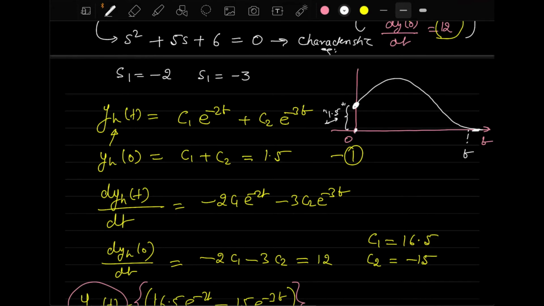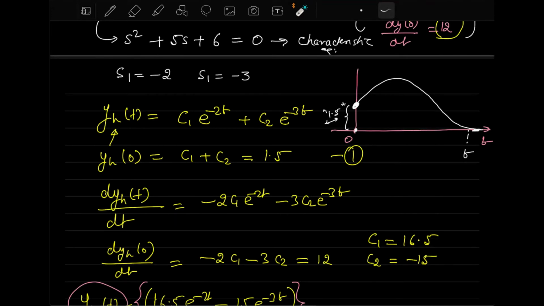First observation is that the natural response will always die down after some time t. It will not remain there. It will die down and become 0 after a while. And the second thing is, if there are initial conditions in the voltage or the inductor or any other system, but for electrical systems you are aware of it, that's why I'm giving that example. If initial conditions are there, then the response will start from that initial condition at time t equal to 0. That is another important point that has to be taken care of.